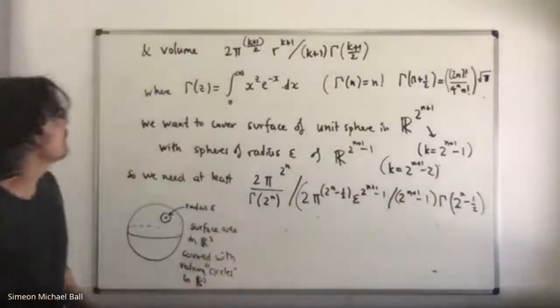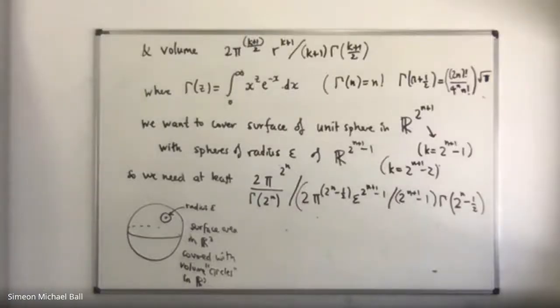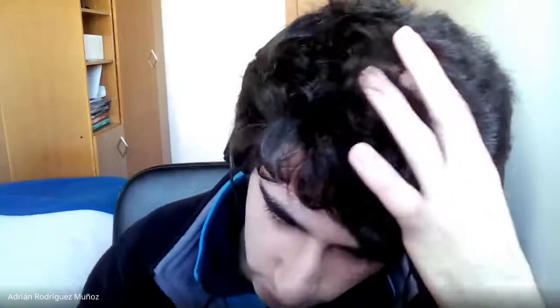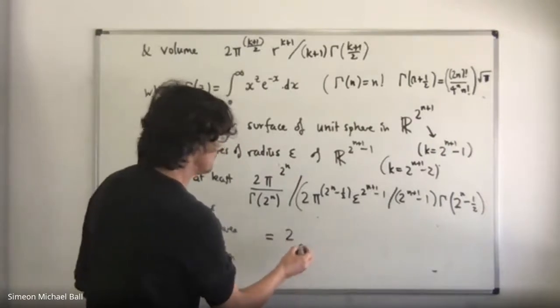Wait, why did we subtract the 1? Because I've used the formulas for R in R to the k plus 1. Which, looking back, was a bad idea, because I copied them from somewhere. Oh, right. Yeah, so I probably should have done that. Anyway, this all simplifies down to,